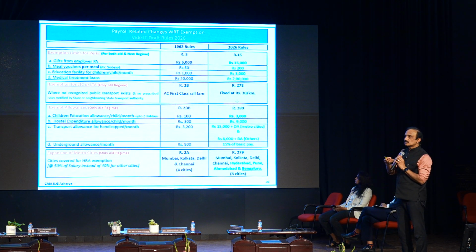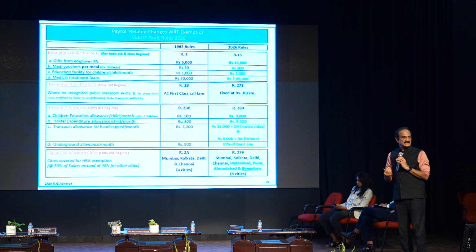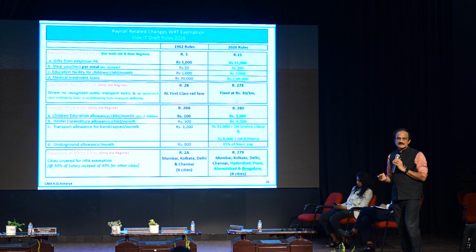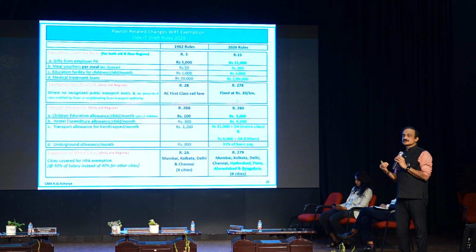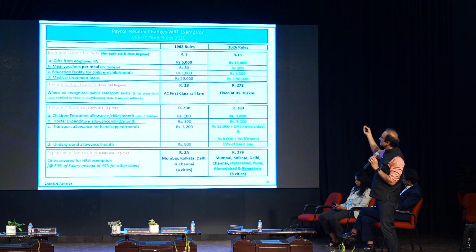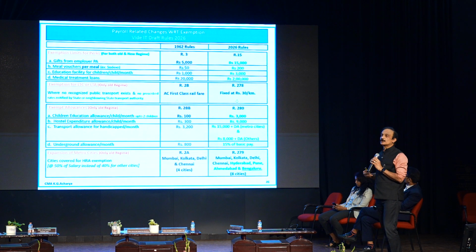And those of you employees, if you are getting a Sodexo or some meal voucher, what was exempt is 50 rupees per meal. So we were saying 2 meals per day, that is 100 rupees into 30, which is 3,000 rupees. So 3,000 rupees used to be, although I was given a voucher, up to 3,000 rupees, it was an exemption. Now they have increased it to 200 rupees, which is good. Whatever is there in blue is good.